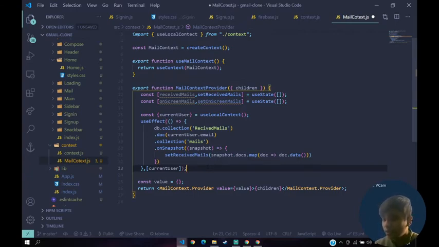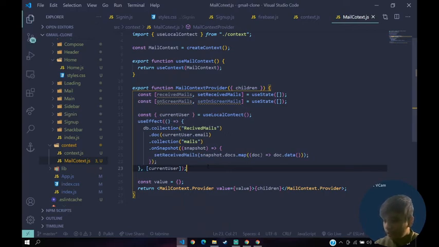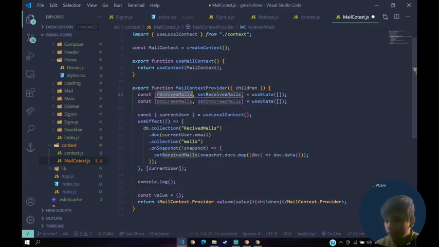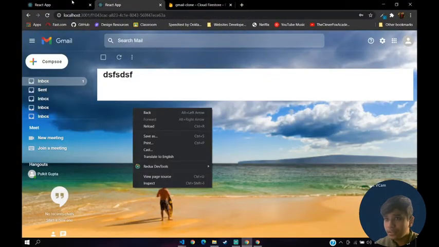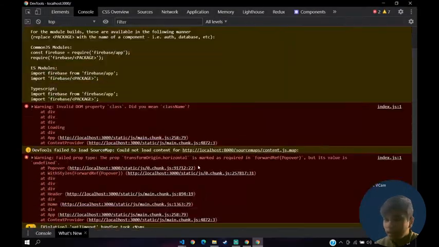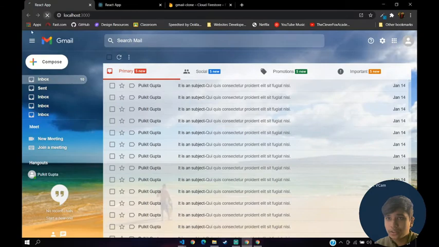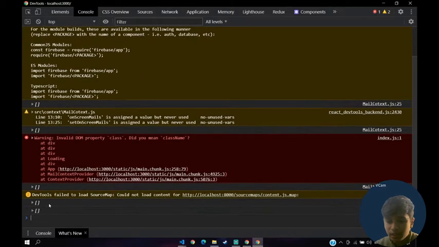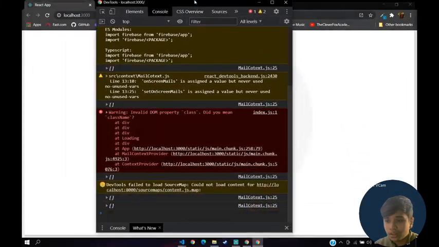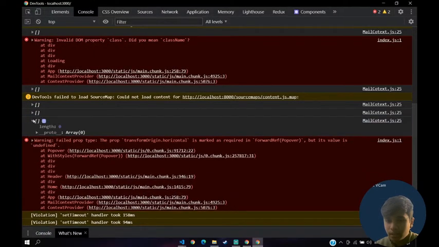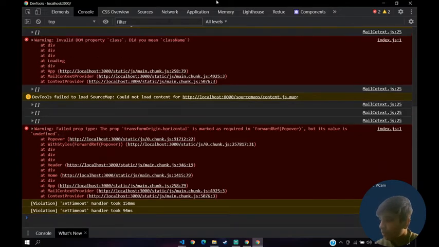So now this is the received mails. If we console log our received mails, let's see if we get some received mails or not. So console log received mails, let's save that, go to your application, not this one, this application, open inspect, click on console. Are we getting something? Okay, let's refresh. We should get something most probably. Okay, it's an empty array initially. We actually don't get anything, so it's empty till now.